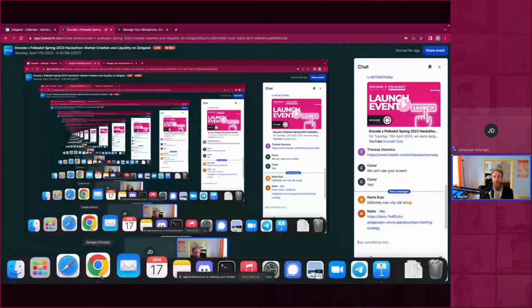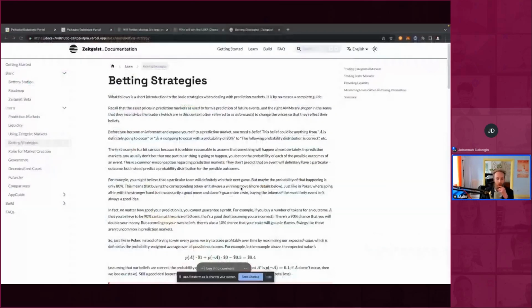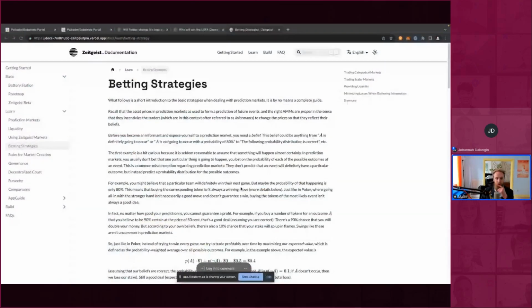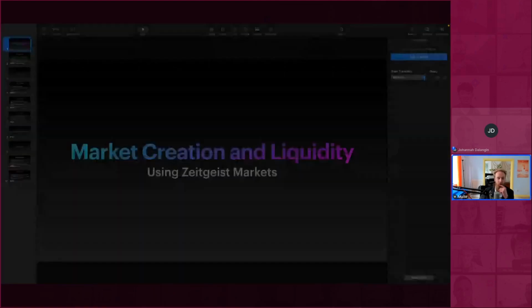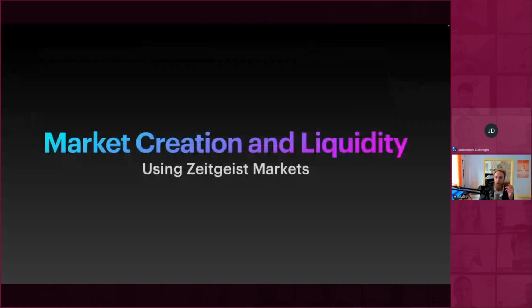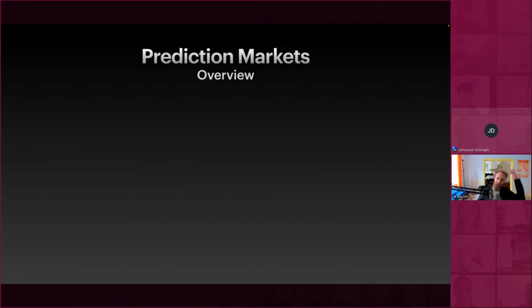So I want to summarize this guide, and I got a presentation prepared for this. This is the first big part of the talk. I want to talk you through how trading and providing liquidity works, and what some of the things are that you might trip over when you're doing it for the first time. So let's get to it.